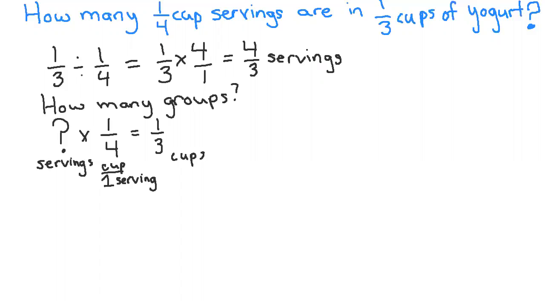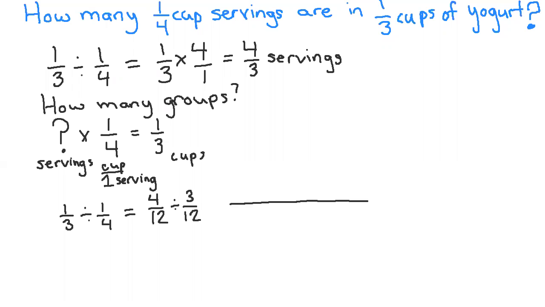Now let's solve this problem using a double number line. To use a double number line, let's look at 1/3 divided by 1/4 using common denominators. If we use common denominators, then we know that 4/12 is 1/3 and 3/12 is 1/4. So to utilize a double number line, we could have equal spacings of size 1/12